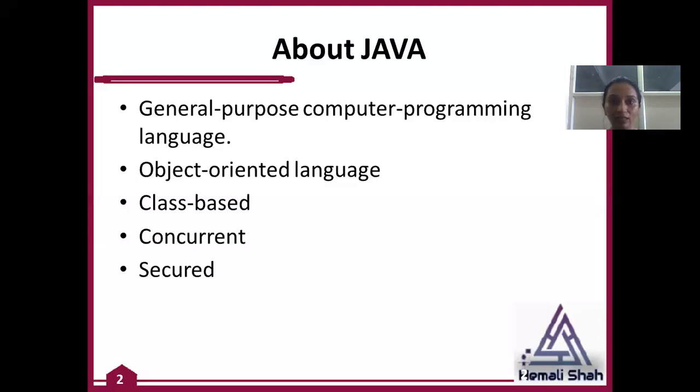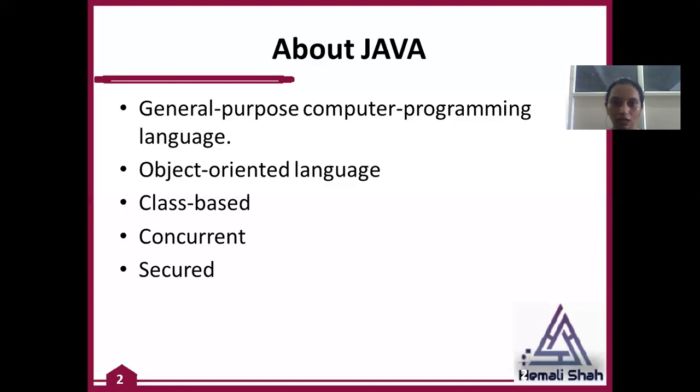Now next, Java is basically a secure programming language. It is secure because it always generates bytecodes. Bytecodes means it is a compiled code. Whenever you compile your source file, it always generates one code, and this generated code is called a bytecode. This bytecode is secure and highly optimized code, right? So we cannot get the idea about what the actual code is. So Java is basically a secure programming language, right?